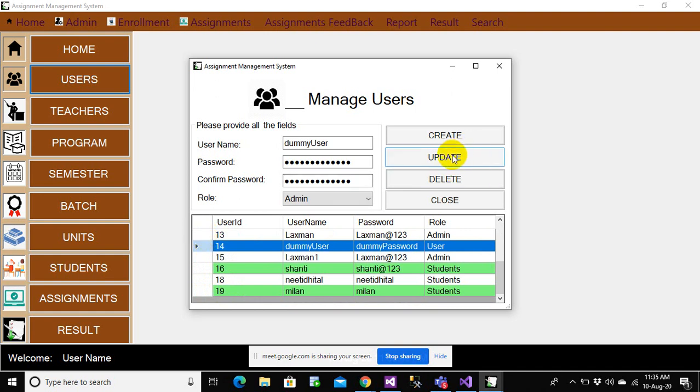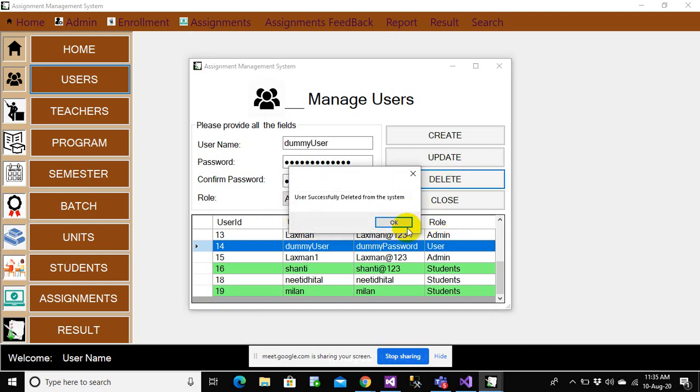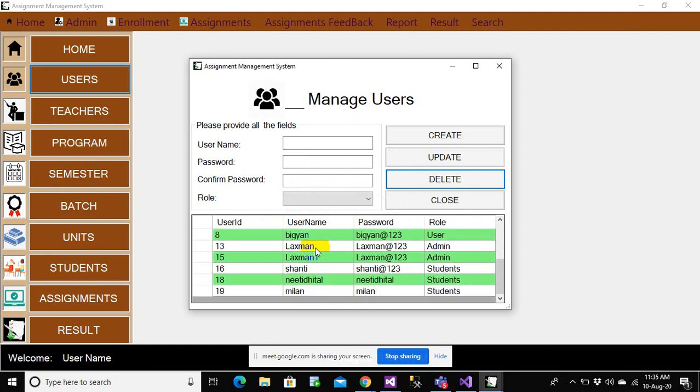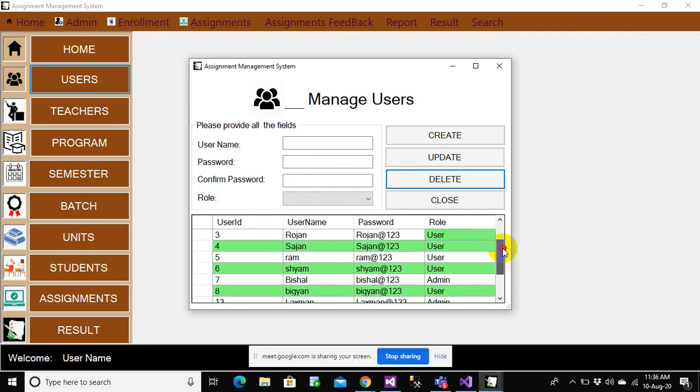Oh, it's not deleted. Let's say it's dummy user 14. So let me delete it. And let me see if there is a dummy user. So there is no 14.